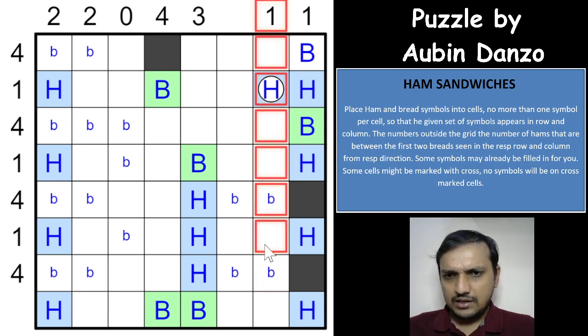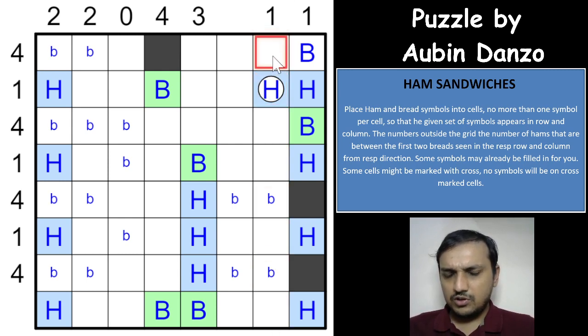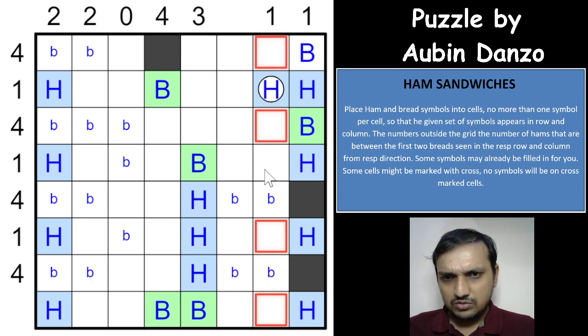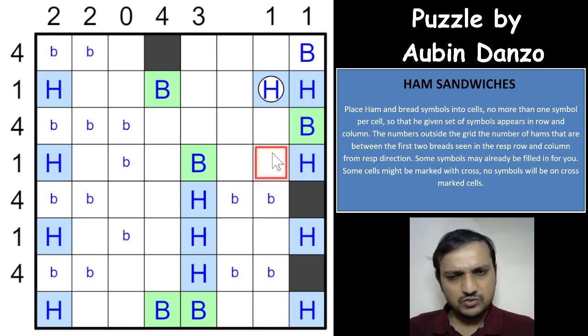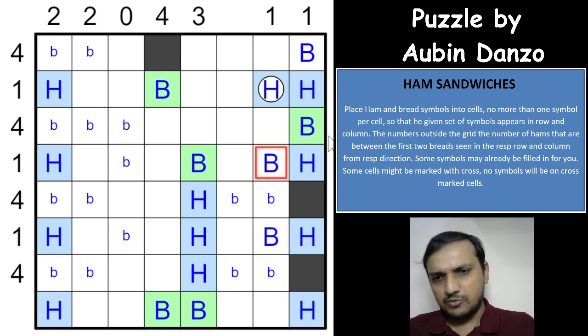Okay, which means where can you have B's in this column? You cannot have here, you cannot have here, you cannot have here. If this is a B, no, if this cell is a B, this cell would have to be a B. So this cell is also not a B, which means, of course, if this cell is a B, none of these cells can be B, so these cells would have to be B. This would be B. So if you have a B here, this cell would have to be a B, and